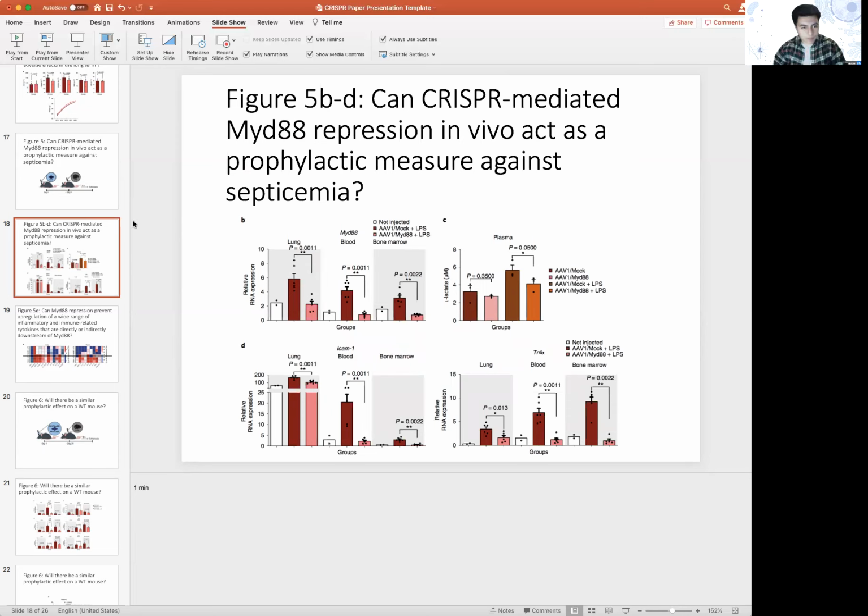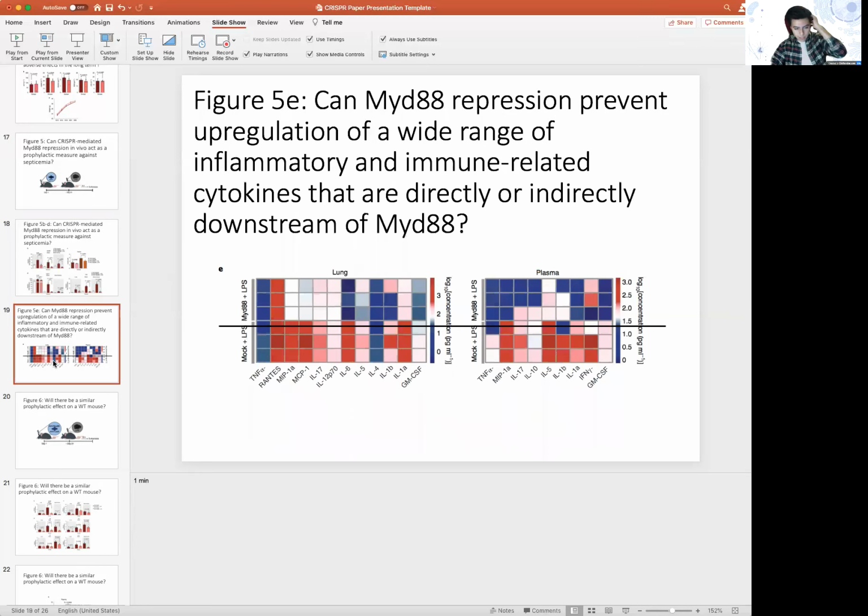And so that's what figure 4b, D, and C. Figure B and D are demonstrating here, is that when you look at those same immune response genes, MYAD88, ICAM1, and TNF alpha, you have a significant reduction when using the CRISPR system and reducing the amount of those immune response genes compared to its mock, shown in pink, comparing it to the Burgundy group. And then they measured lactate levels in the blood after using this system as a prophylactic measure, and yes, it can be used to reduce the amount of the immune response. But not only did they look at these 3 genes and lactate levels, they looked at a variety